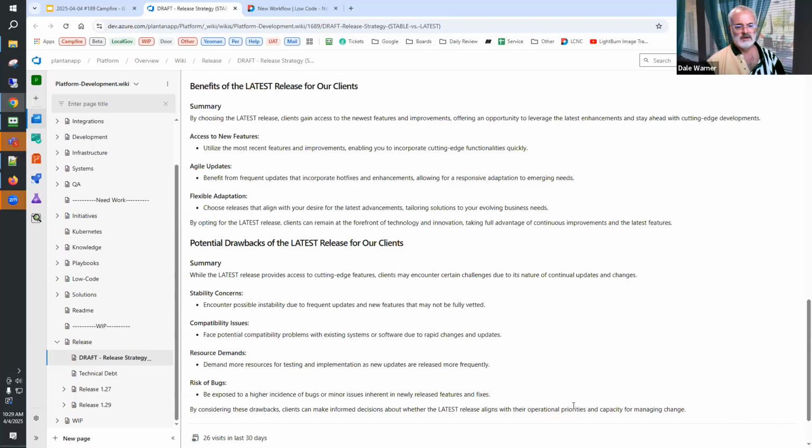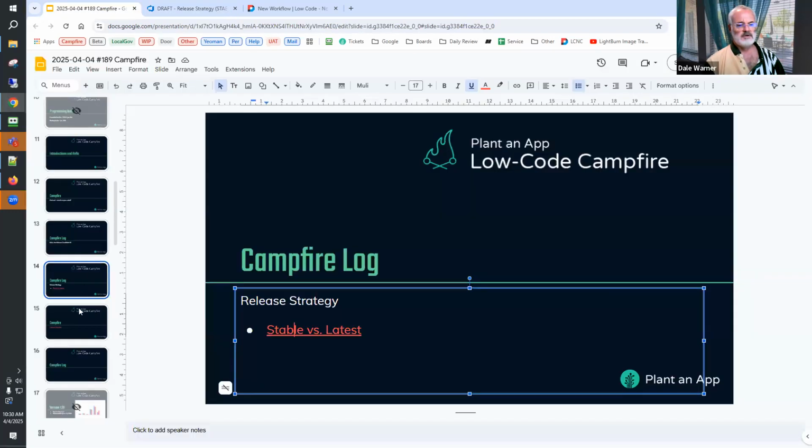We want to provide what it is that you value most, stability or latest. And of course, with multiple environments, you can make different choices. Your production can be one and development can be another, and get both. All right. So that's the groundwork.